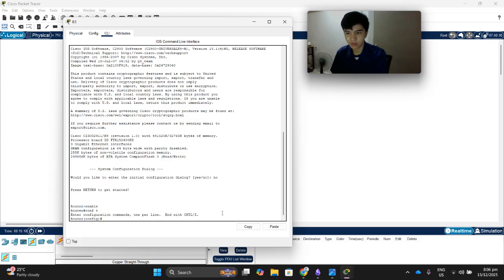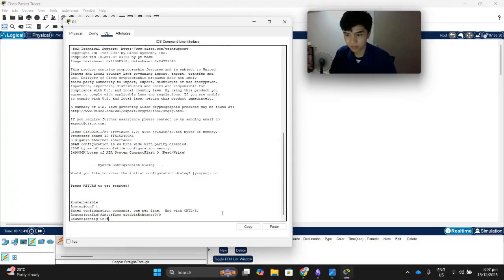Now that we are in config t, what we're gonna do is to enter our interface gigabit Ethernet 0/0, because this is the one that has been connected with our switch one. So we do that. Then IP address